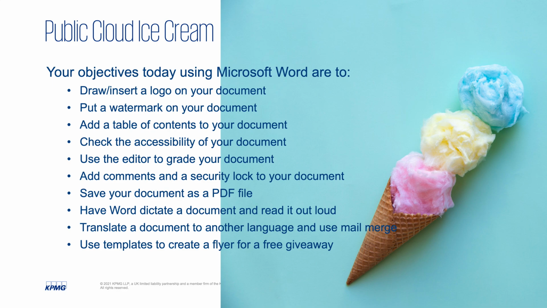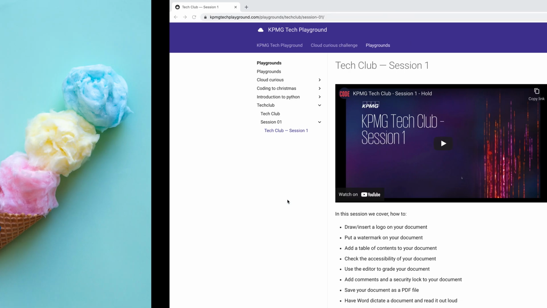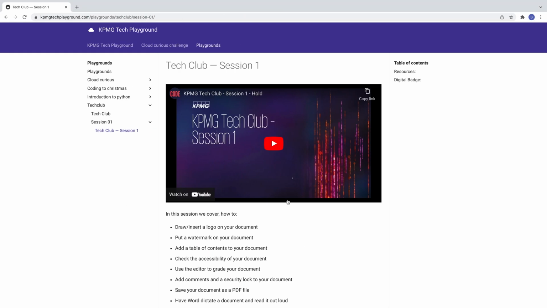We'll be going through each one step by step, and you can pause the video and jump back and forth through it. So you can either have a go and do this at the same time along with me, feel free to pause whenever, or watch the video and have a go after. It's up to you. So the first thing we need to do is head over to the KPMG Tech Playground,